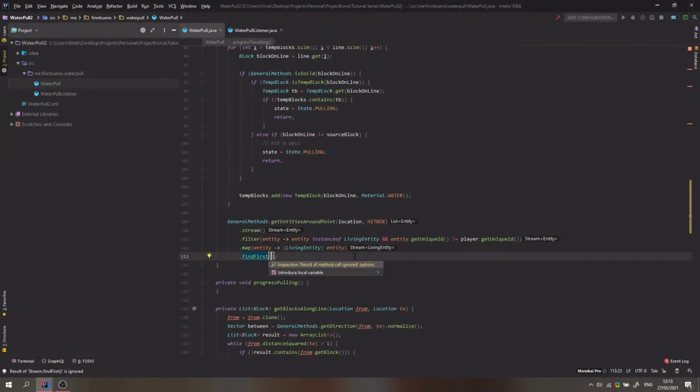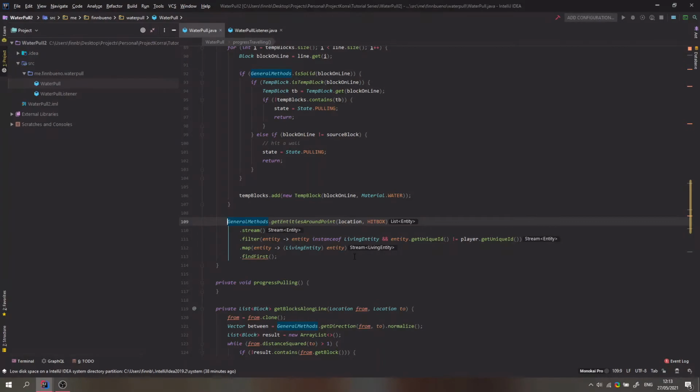So yeah, we use the find first method to get the first entity in the list, and then that returns something called an optional of living entity. And an optional is basically kind of like a container, kind of like, I don't know if you know it, but